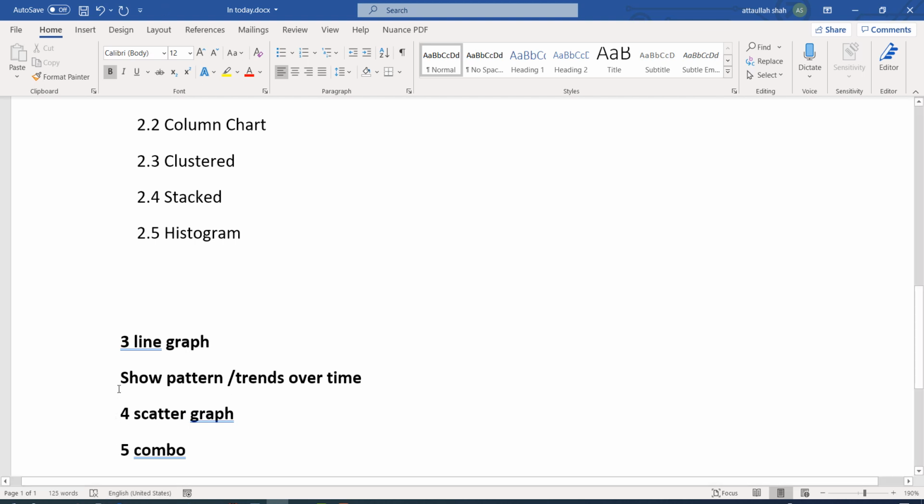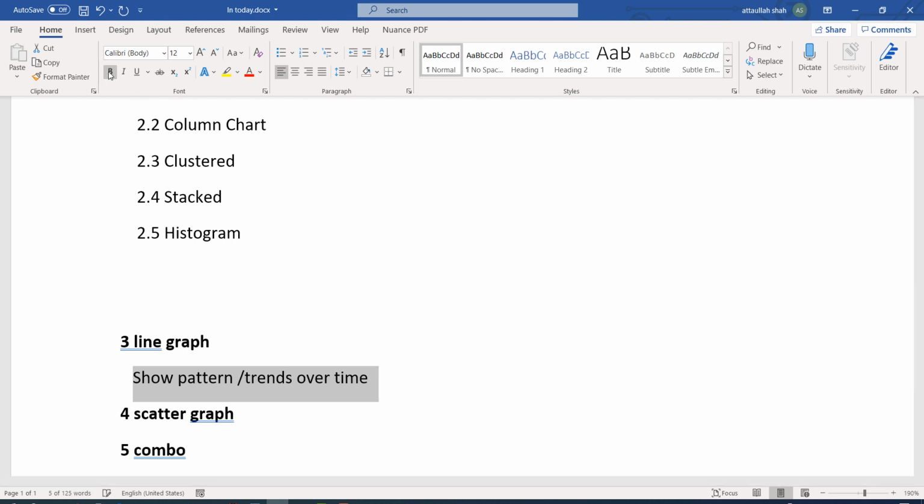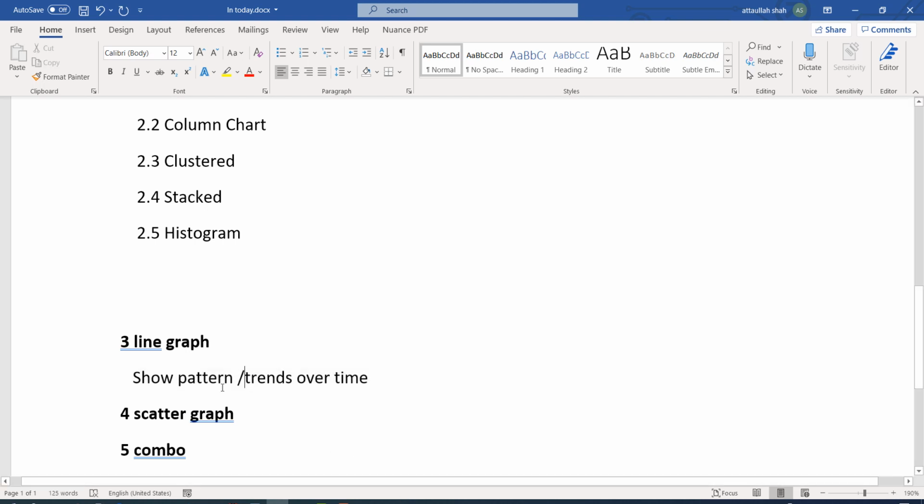Not specifically time, you can also use it with some other phenomena as well, but most of the time we use it with how things happen, how things evolve over a period of time. You might be very much familiar with the line chart of balls and runs in a cricket match.